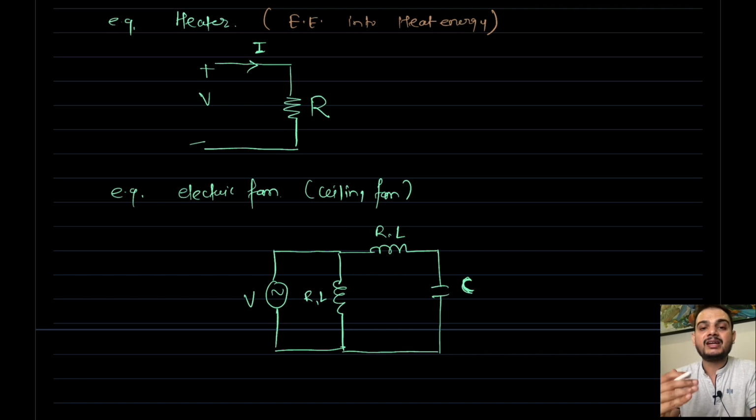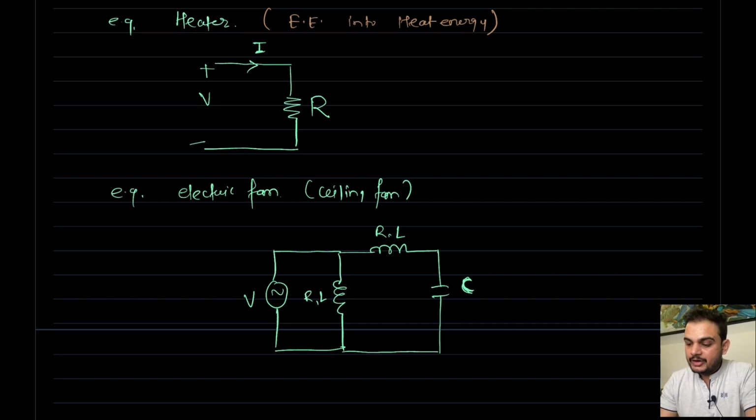That in turn will dissipate heat energy, and those losses in the system in the form of heat can be represented with the help of what? A resistor. That's why we are using the R component here. This is my main winding and this is my auxiliary winding. And the inductor, why are we using an inductor?